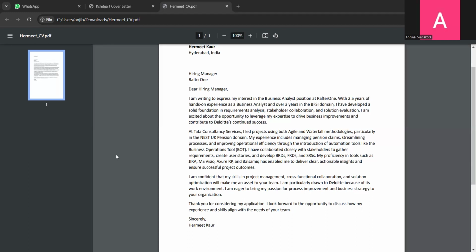You said you are using Jira, right? What's the purpose of using Jira? The purpose is very simple. We create our dashboards. Whenever we assign work to an associate, a developer or a tester, we can see where they are, whether my user story has been completed, and whether the acceptance criteria is properly defined. We also prepare burn down charts and burn up charts. It's a project management tool.